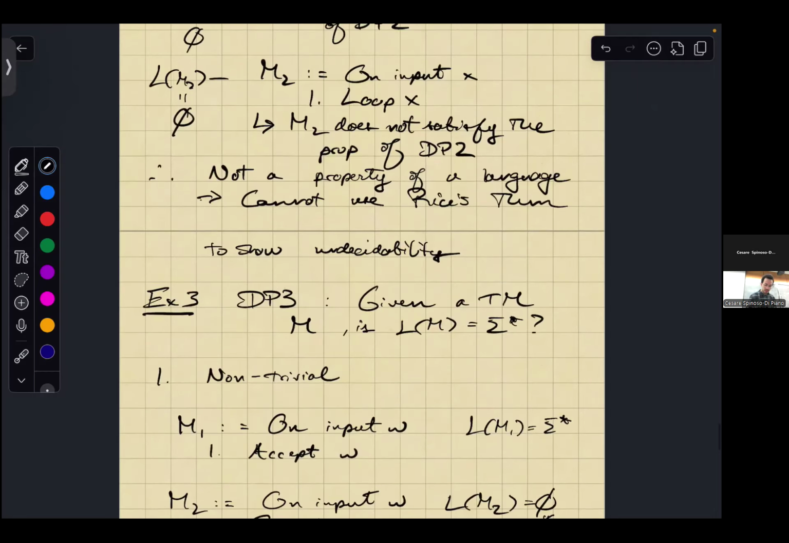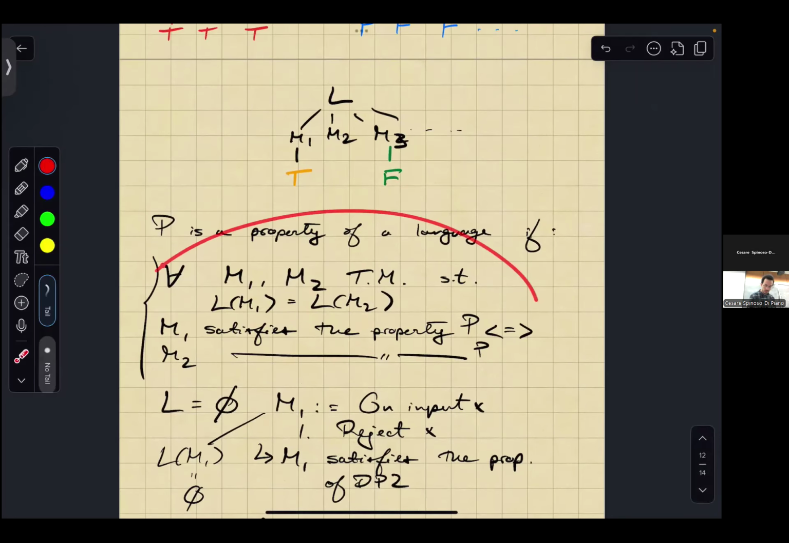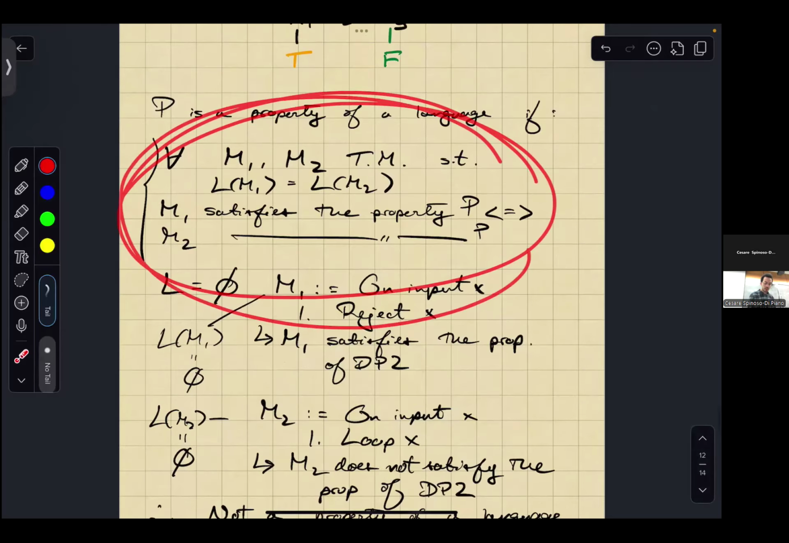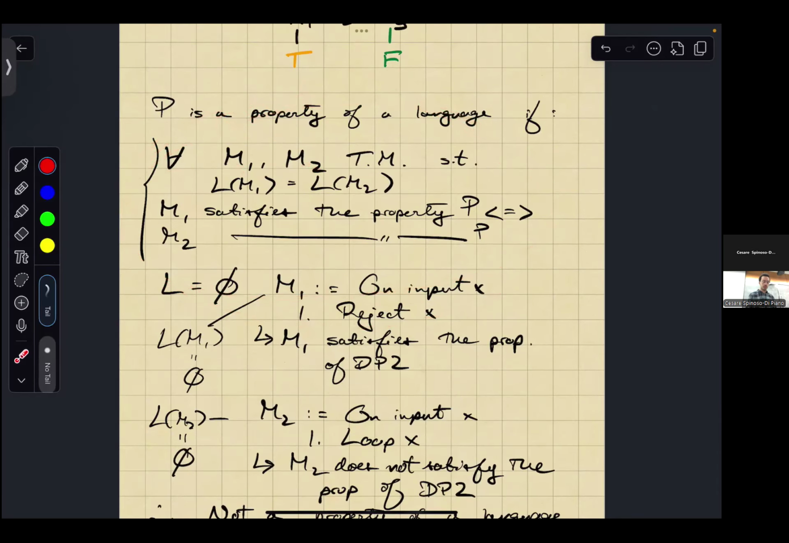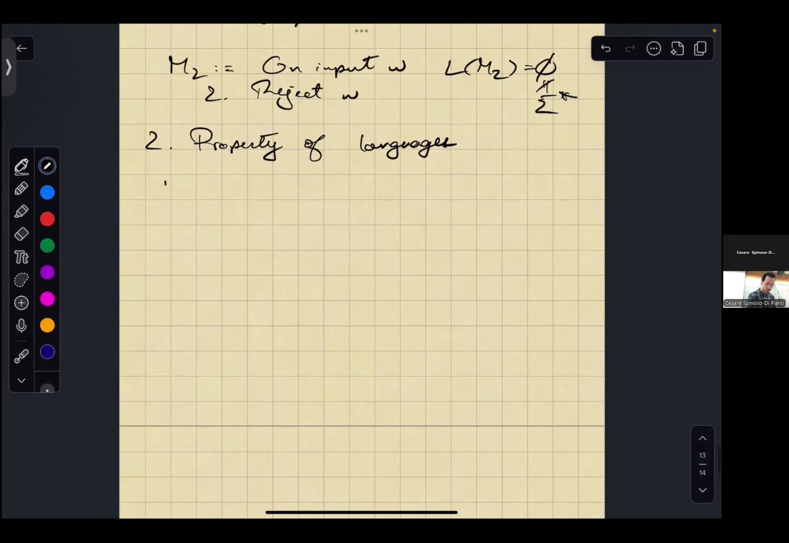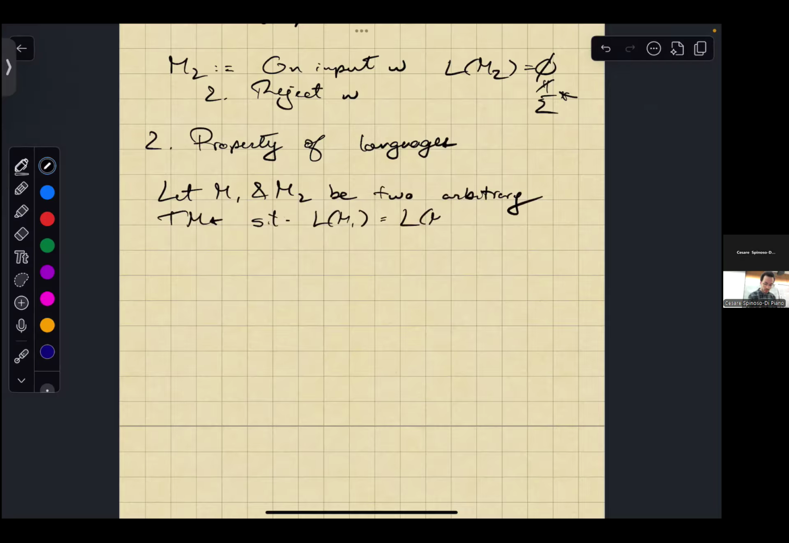Well, to show that, I need to show that this statement holds. Since it's a for all, let me pick two arbitrary Turing machines, M1 and M2, such that they accept the same language, so L of M1 is equal to L of M2. What I need to show now is that M1 satisfies the property if and only if M2 satisfies the property. So suppose M1 satisfies the property